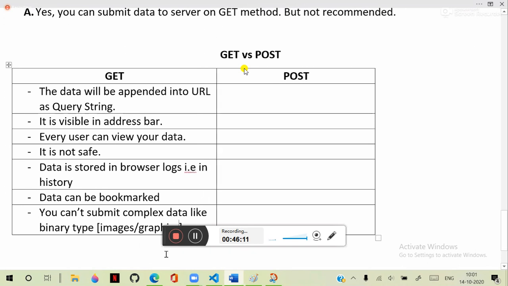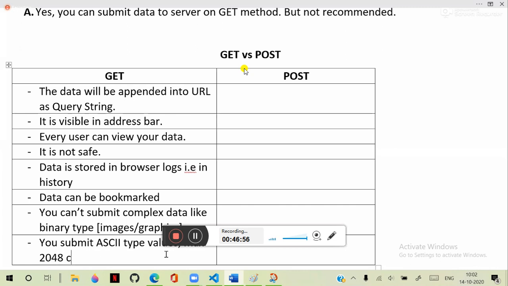You can submit only ASCII type values, ASCII codes. We will discuss that. And you can submit only a maximum of